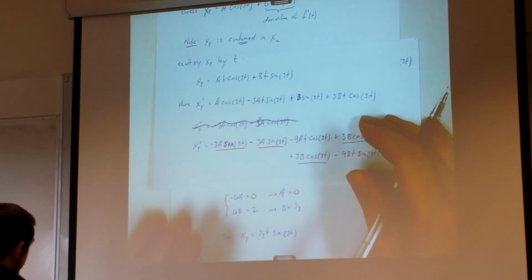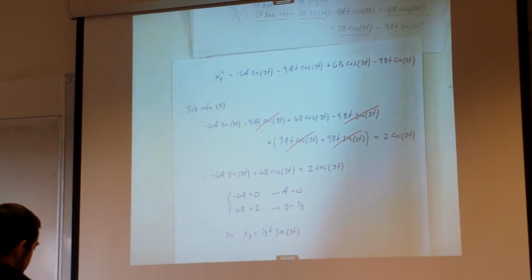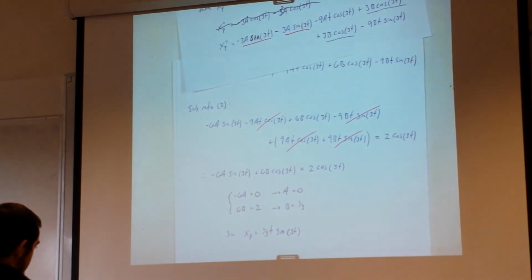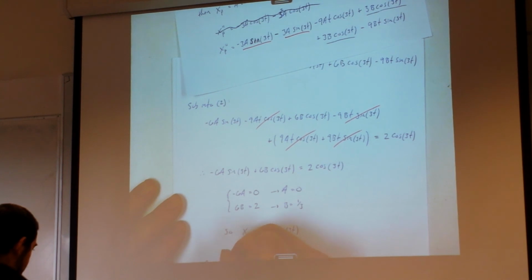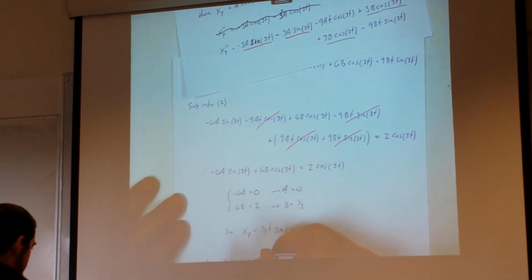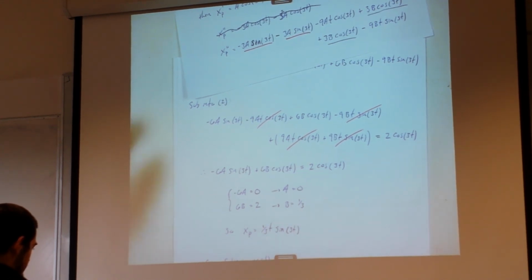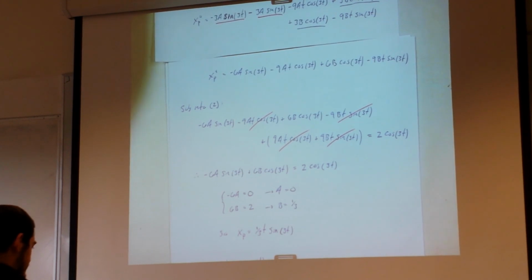Okay. All right. So what would our entire general solution look like? Complementary solution plus particular solution. C1 cosine 3t